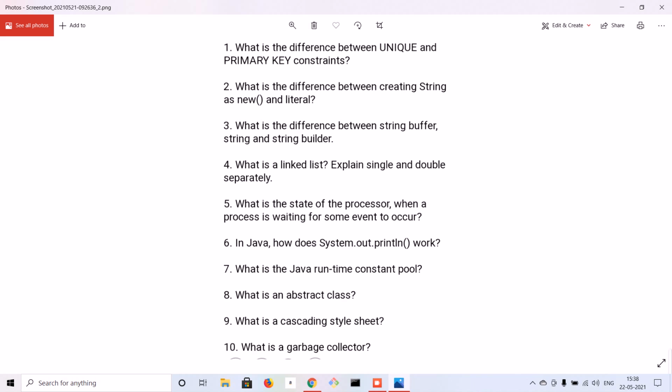And the next question was, how does System.out.println work? As a beginner, you start with this line of code in Java. System is basically a Java class. It's a part of the java.lang package, and